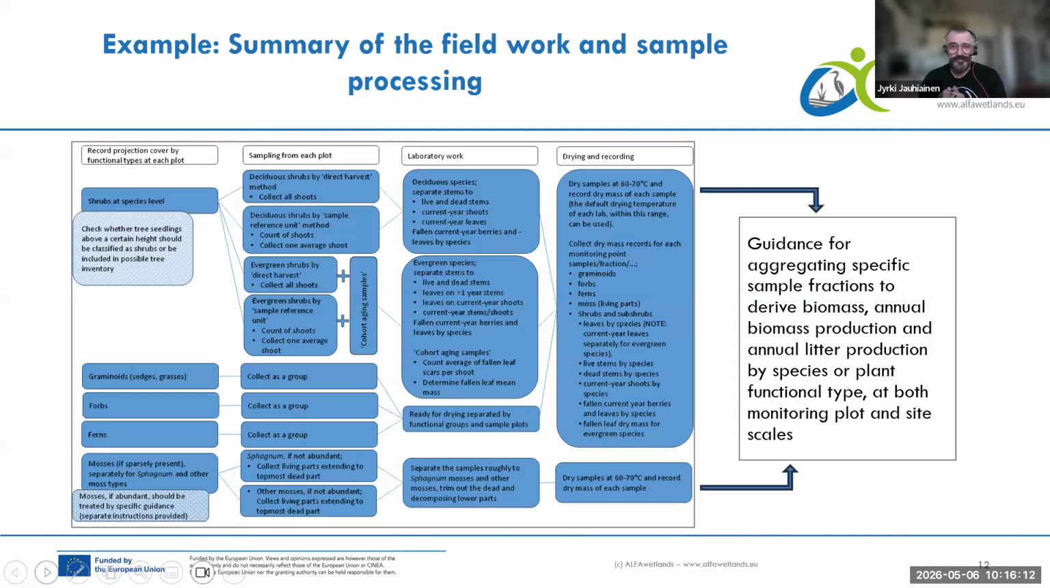Evergreen shrubs are quite tricky because they shed only part of the leaves annually, so we try to develop a method for assessing that as well. Graminoids, forbs, and ferns, it's just clearing all the material from the sample plot and processing that later in the laboratory. For mosses, sphagnum,